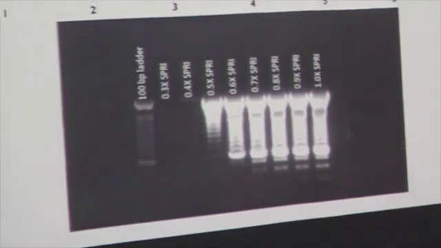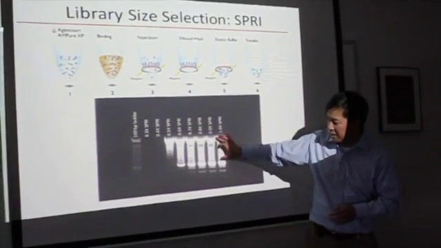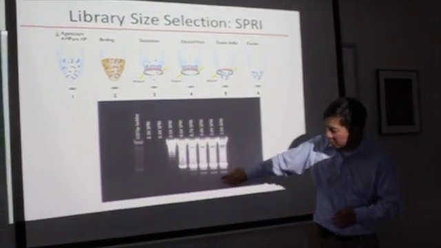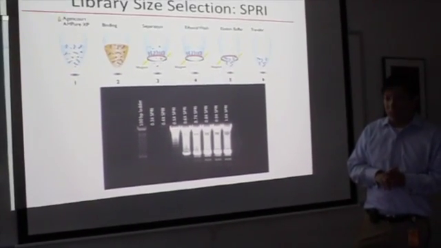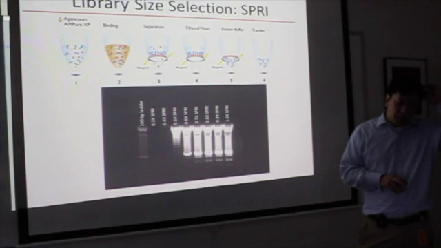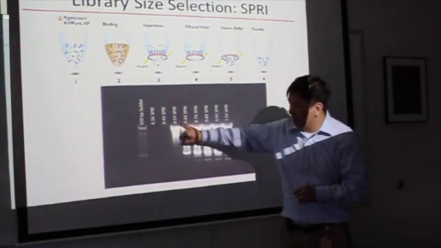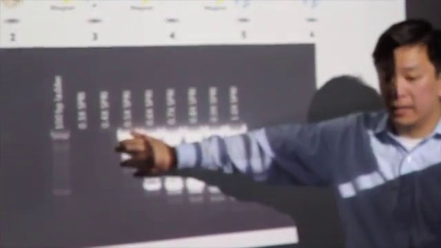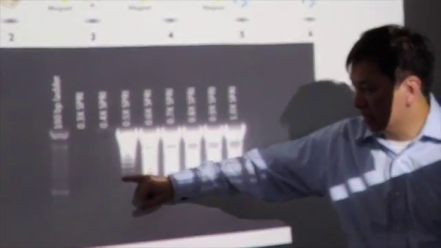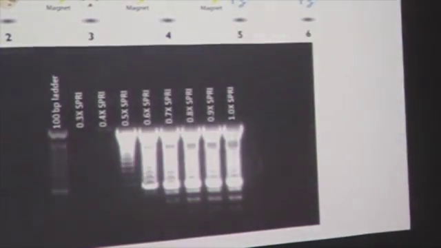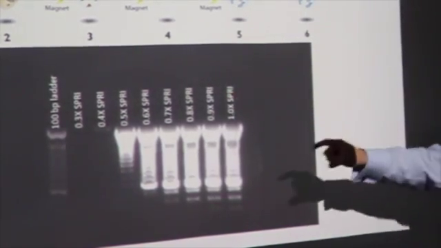Some people say, for my libraries, I don't want this junk up here, and I don't want primer dimers down here. So we can do this thing called double SPRI, which I don't think we need to do anymore, but we used to do in single cell preps, where you add 0.5x SPRI and take the supernatant. The supernatant would be anything below about 500 base pairs. So you take the soup, throw out the beads,